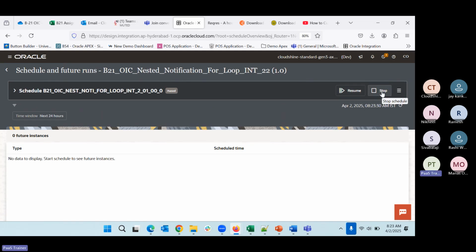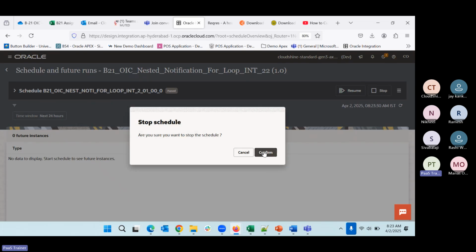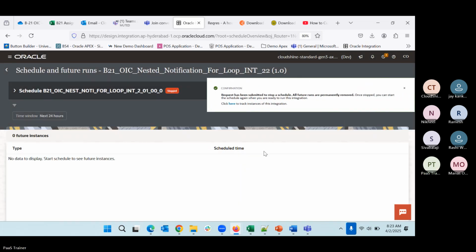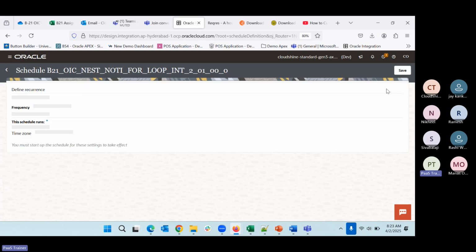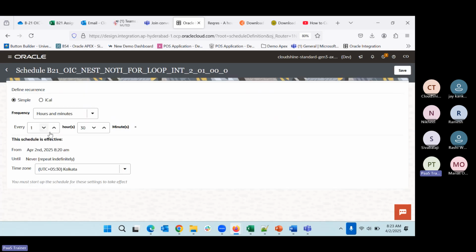Now we wanted to modify. So how can we go and modify it? We need to stop that one. So we can go and do the stop first. So this got stopped. Now we can go and modify this one. So we can say edit. And what I will do is specify this as